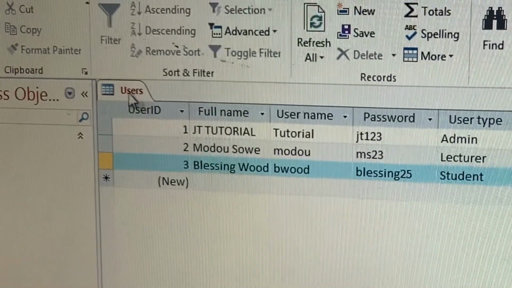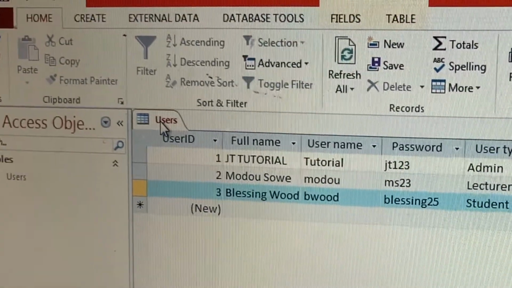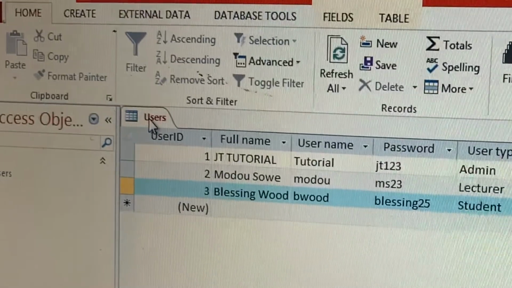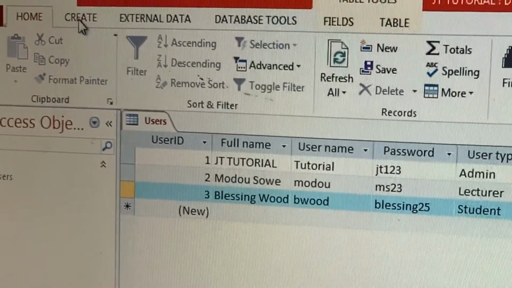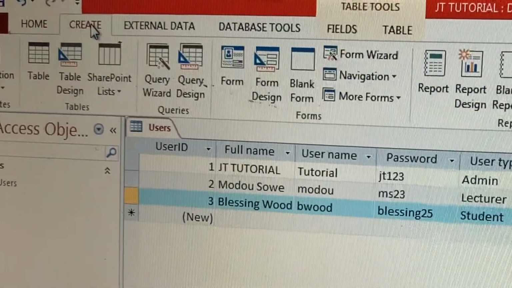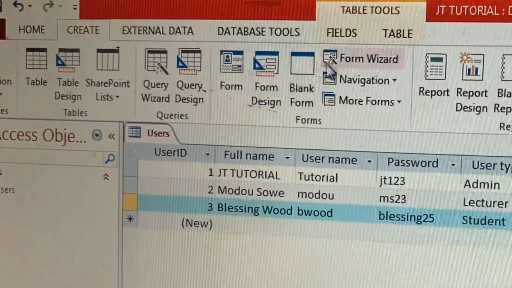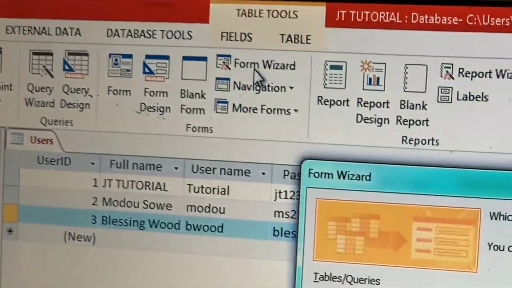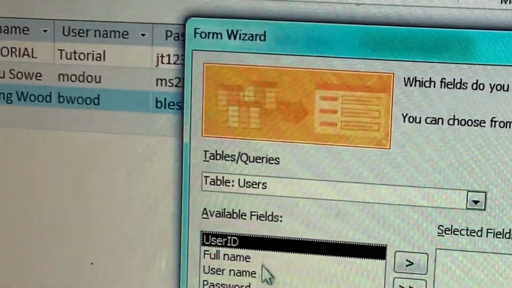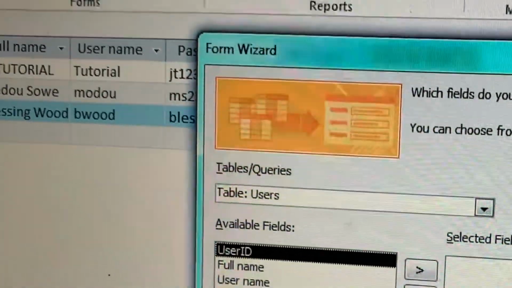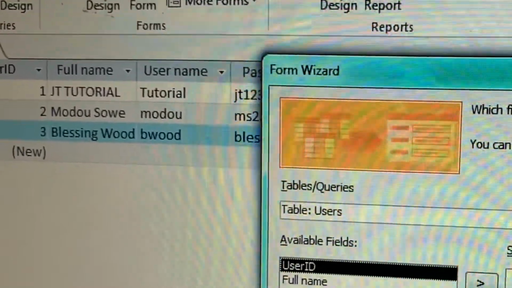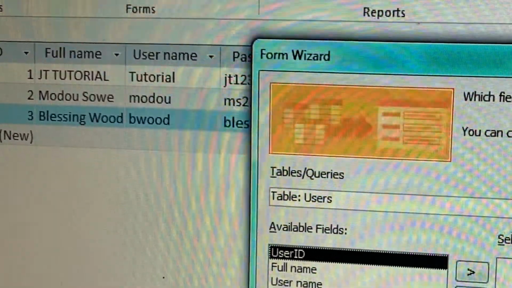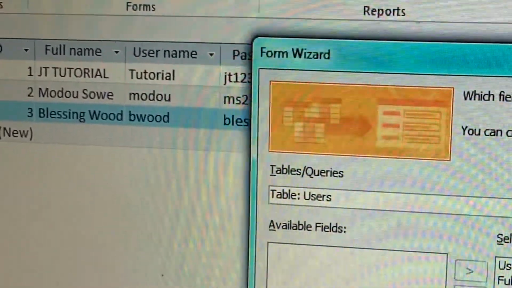Then what we'll do next is to create a form. So what we'll do is to click on create here and then click on form wizard. Then these are all the items we have in our tables here. So we need everything in our form, so we'll just click on this double arrow to pick everything at once